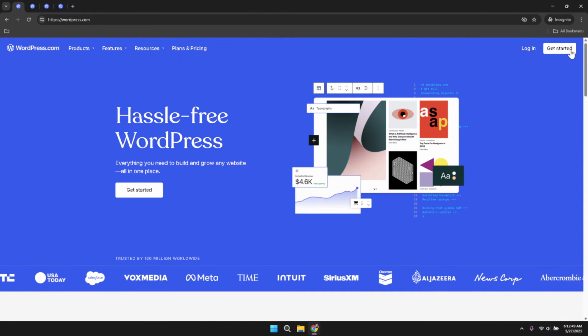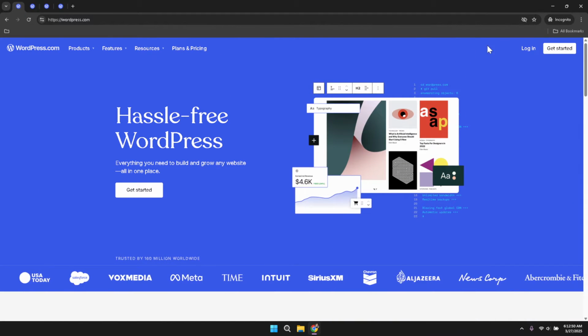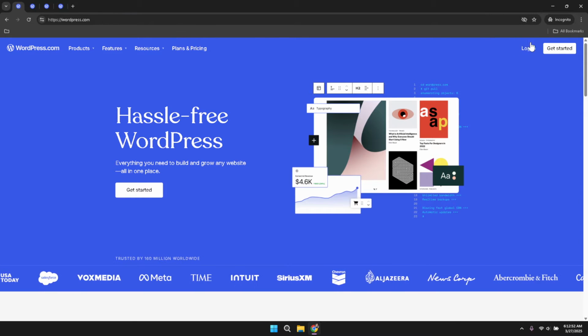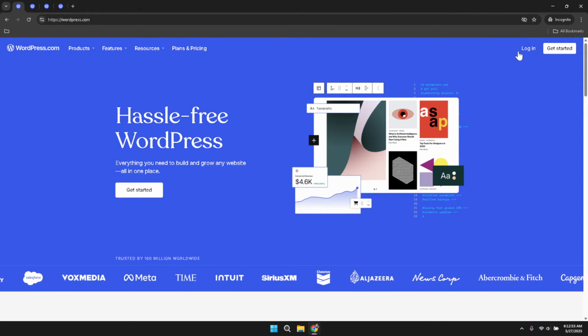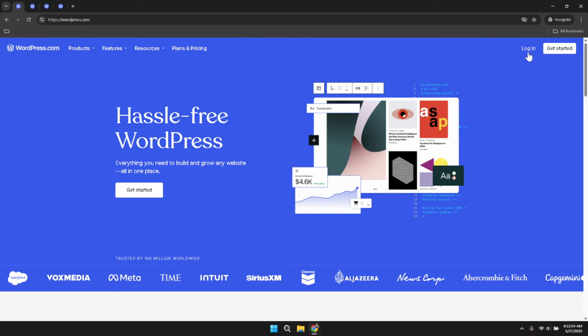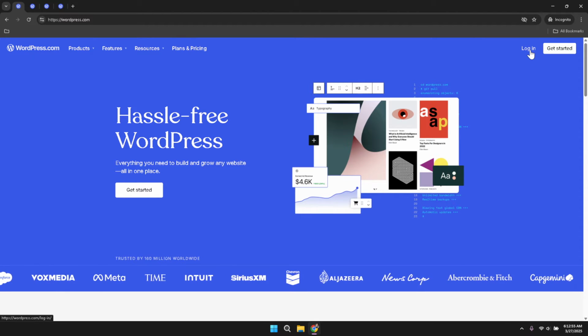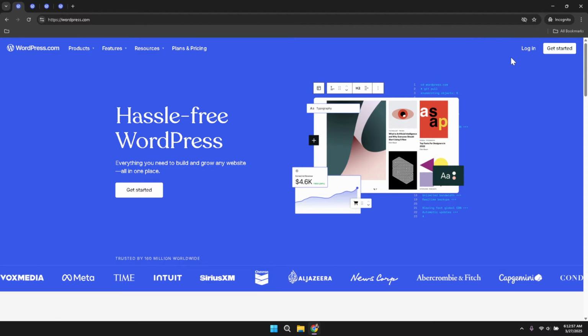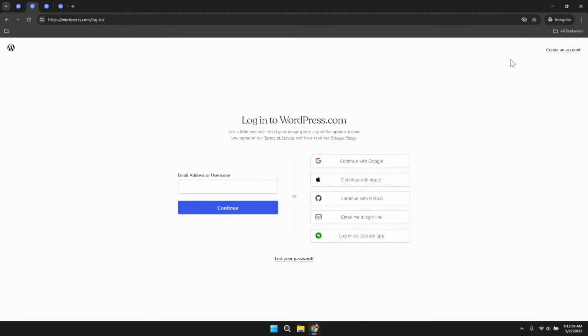When you open WordPress in your web browser, you are greeted with the home page where you can start the process. Once you are on the WordPress website, look towards the top right corner of the screen where you will find the login option. Click on the login link and this will take you to the sign-in page designed to secure your website's backend. WordPress makes it simple to sign in and you will immediately notice the various login options